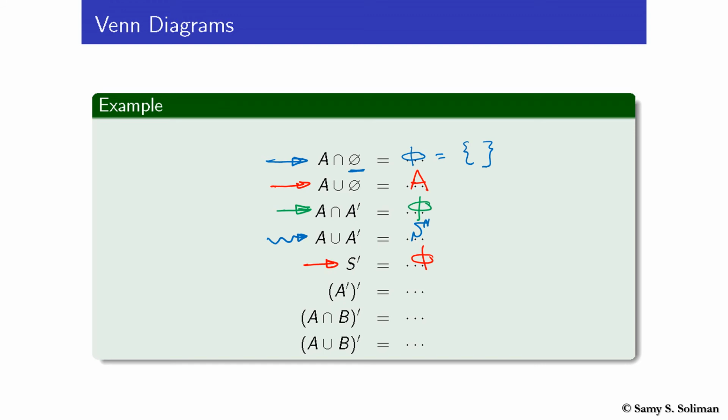The complement of a complement of an event is the event itself, because it is the elements in the sample space but not in the complement, which are the elements in the event itself. The last two relations are known as the De Morgan laws, and they say that